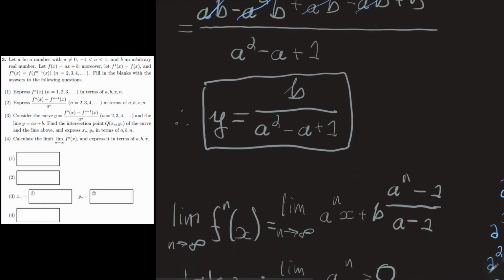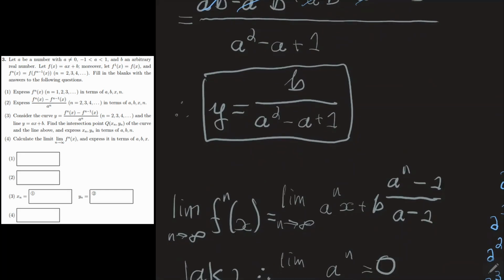point. So finally is part 4 of the question, which says, calculate the limit as n approaches infinity of fn of x and express it in terms of a, b, and x. So you've probably seen limits before if you've taken a calculus class. Basically what this is saying is that n equals infinity. Now, technically it doesn't, and the reason why we use this limit is because n cannot actually equal infinity, since infinity isn't a number. So what this limit is saying is that our n value is approaching an infinitely large